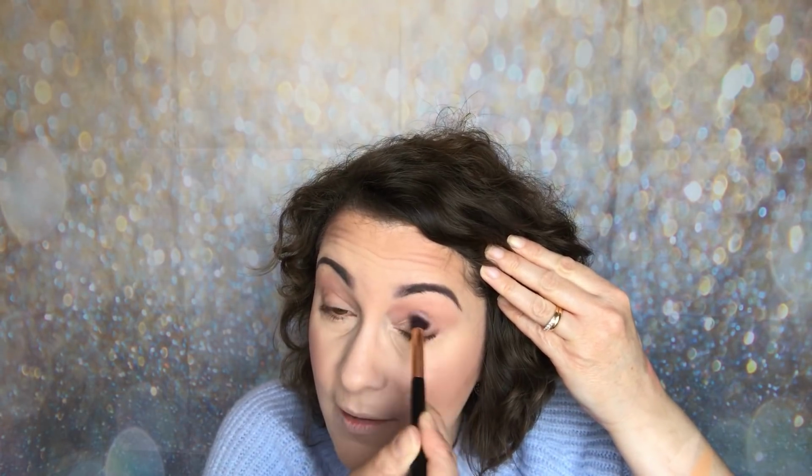Now it's a very, very nice colour. I love that colour actually. It's a beautiful natural mauve. Now from what I have seen about Gigi Hadid, her makeup, she really likes it to be quite natural, neutral, and it's all about making the most of her features. So I really, really like that,